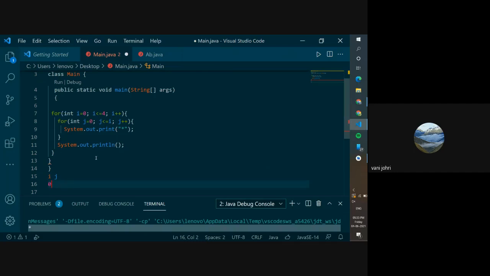Initially it's 0, and 0 is less than or equal to 4. So it will come inside and see there's another for loop. When the value of i is 0 and it comes inside, what's the value of j? 0. Yes, perfect.